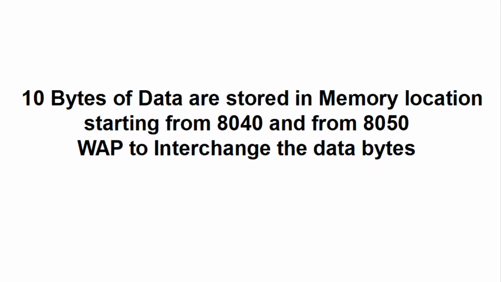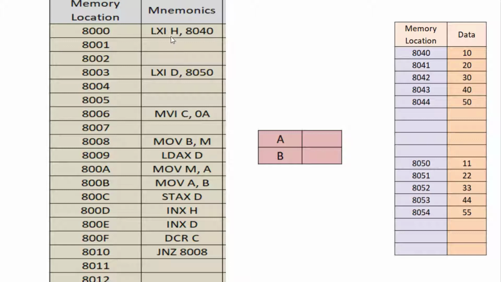Let us see the program. So this is the required program. What we do is LXI H 8040, we initialize the memory pointer, and we also store the data. In this you can see the data we have stored. At 8040 we stored 10, then 20, 30, continuously, and from 8050 we are storing some different data, so that when we run the program we will see that the data actually